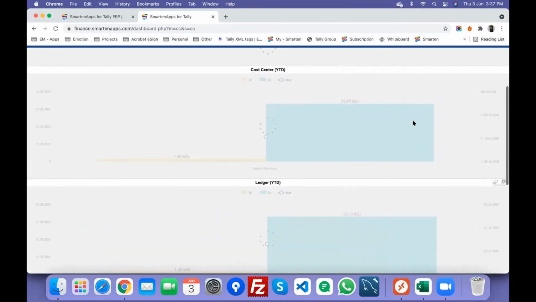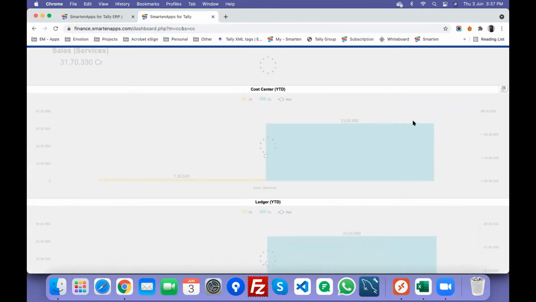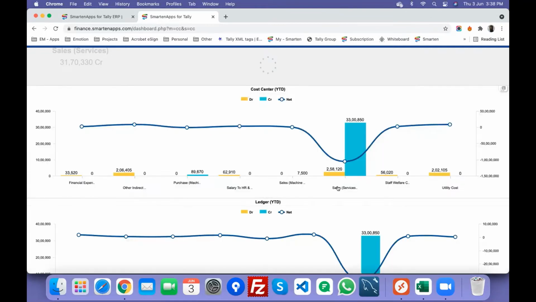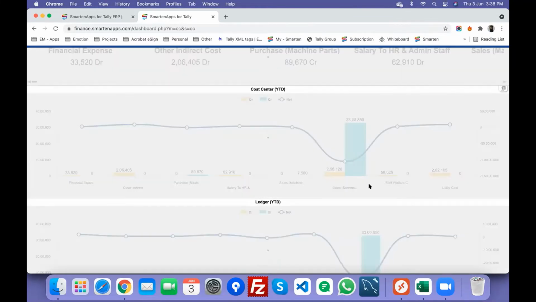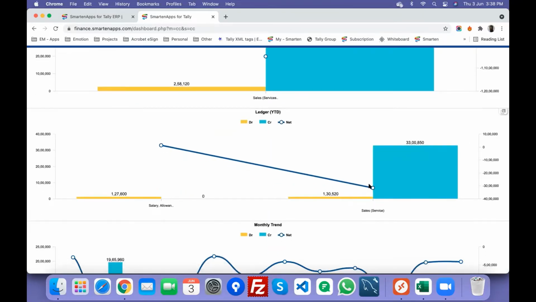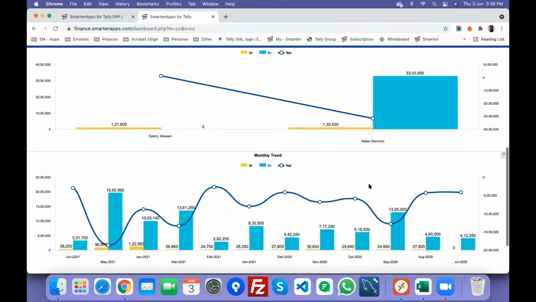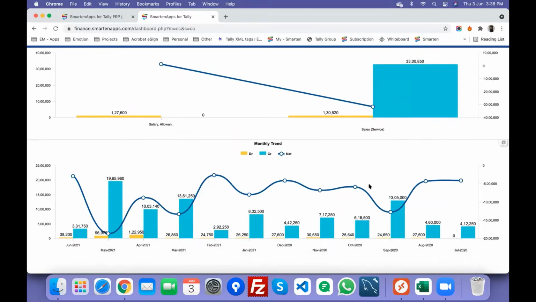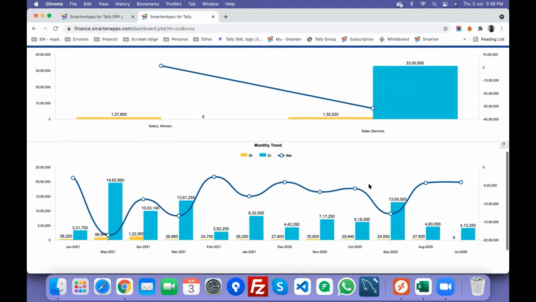That was ledger. Let me select the group. So I may see multiple cost center ledgers within that. Yeah, so these are the two ledgers, and you can also see the monthly trend of the group that you have picked up, and you have access to the detailed reports as well.